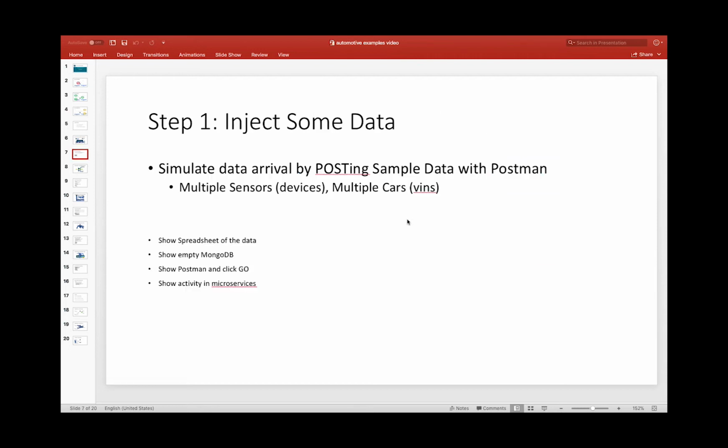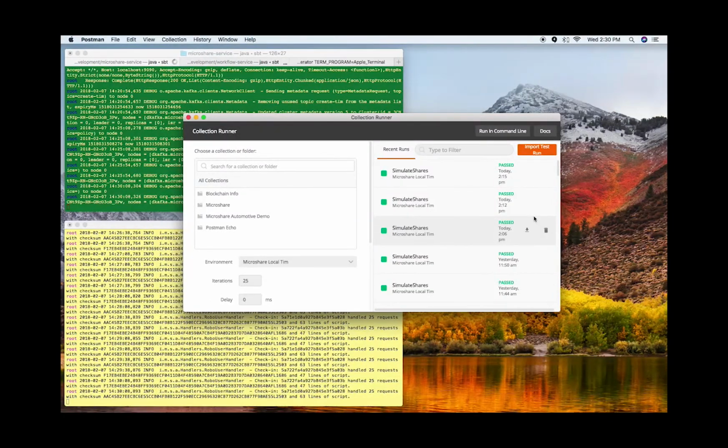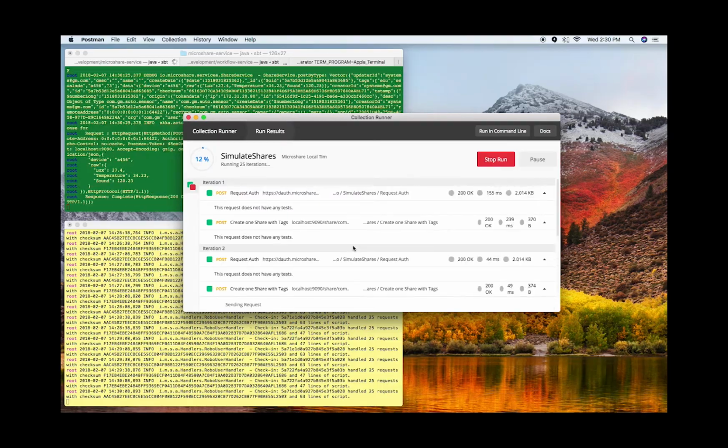So to start the demo, the first thing I'm going to do is actually post some simulated data into our empty system here. I'm going to use a tool called Postman, something that developers will be very familiar with. It's going to be run to actually execute some post calls against some sample data that'll import. So I'm just going to click this, and what you'll see probably in the background is some flickering on these